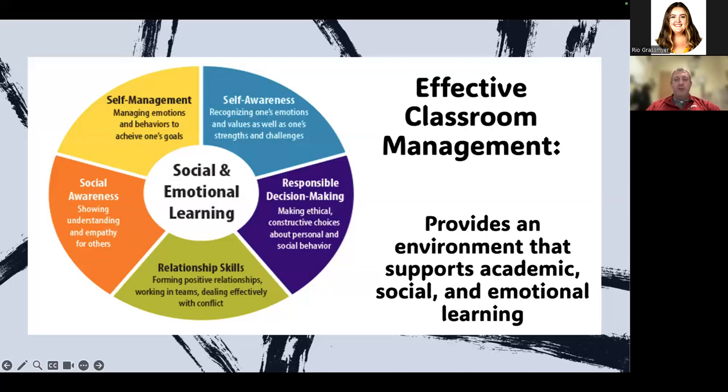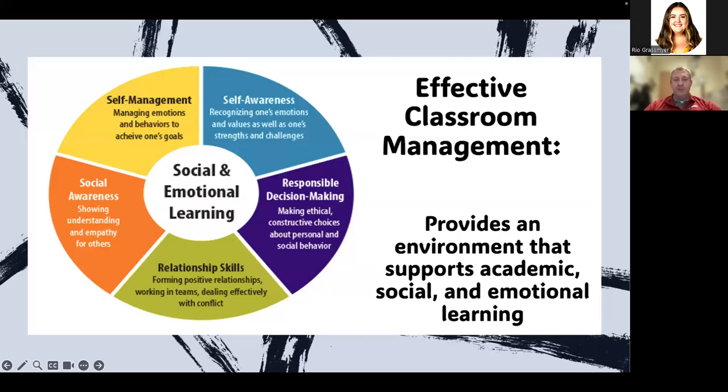So these provide an opportunity or an environment that supports academic, social, and emotional learning. We have to support our students. We have to make sure that we're meeting their needs. So we look at self-awareness, responsibility and decision-making, relationship skills, social awareness, and finally self-management. And each of these five are important for good management within an adult classroom. When we look at self-awareness, we recognize everyone has emotion, and they're addressing these. We need to recognize as adult educators that